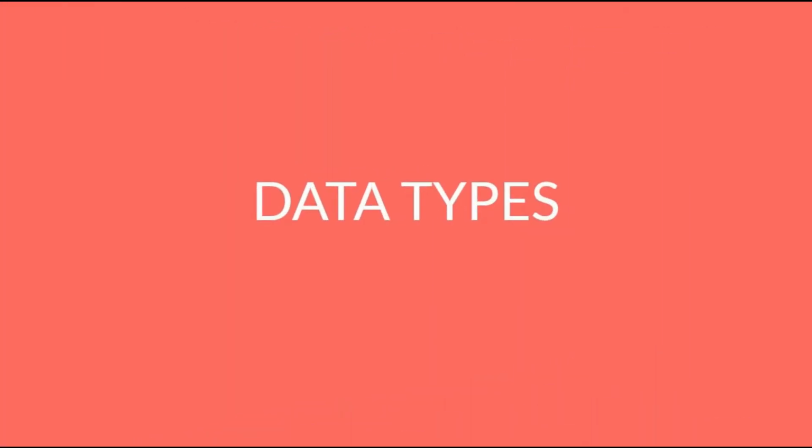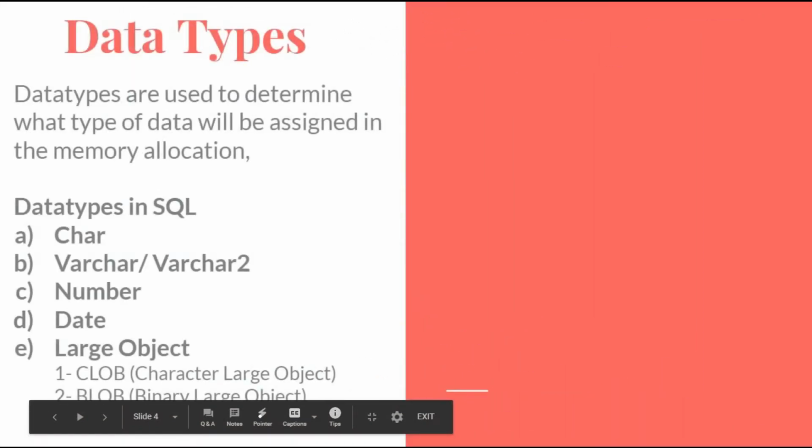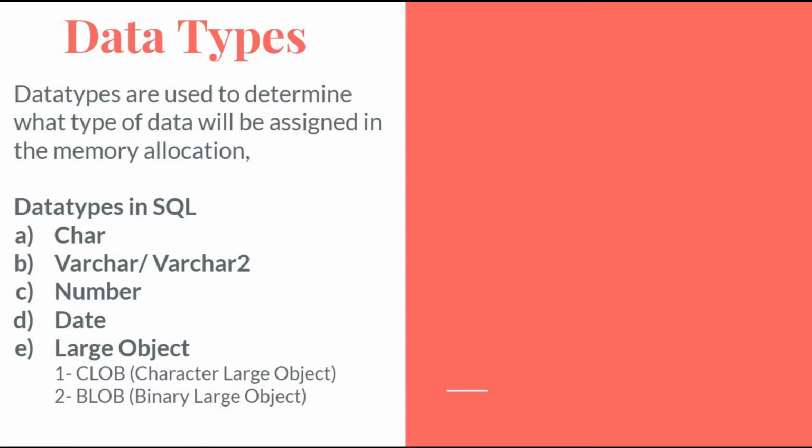What do you know about data types? Simply, data means raw fact and types means its types. Data types are used to determine what type of data will be stored in a particular memory location. That is known as a data type. So simply, a data type shows what type of data will be stored in a particular memory location.